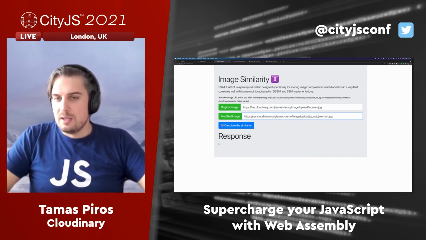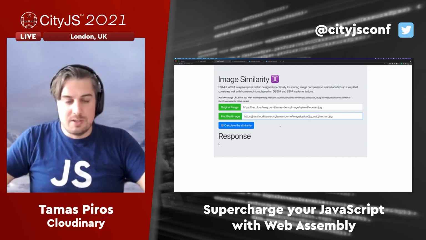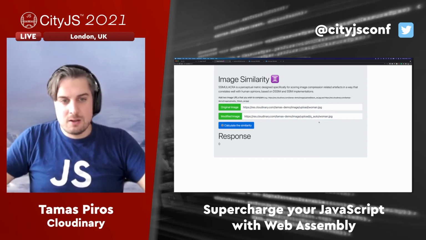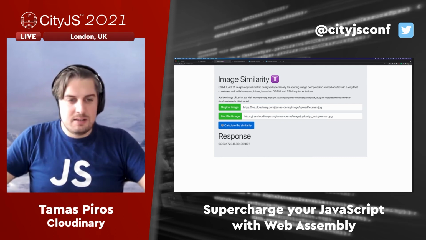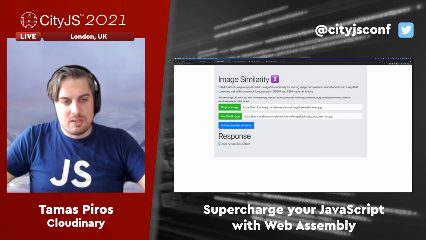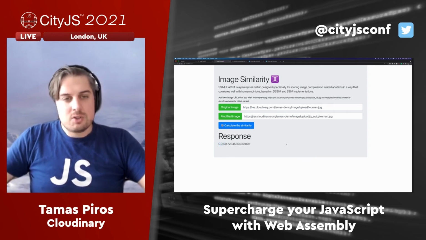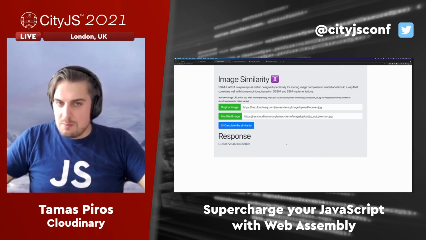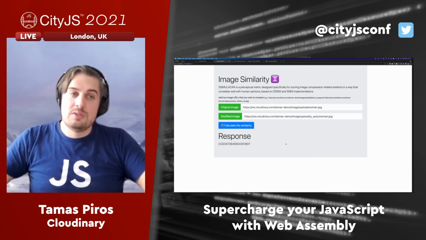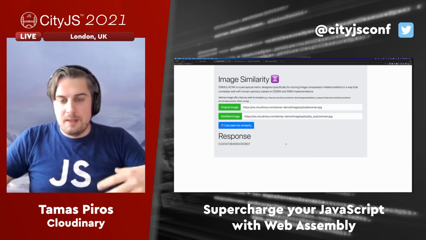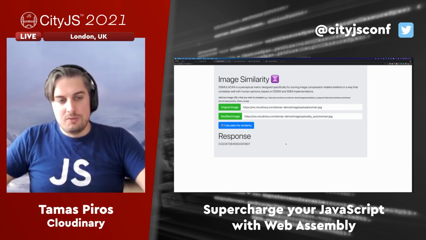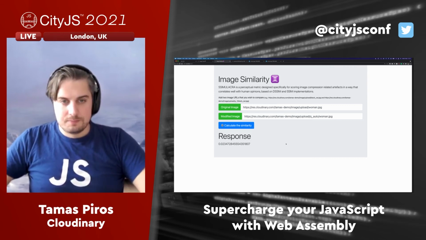So I was thinking, well, can I actually prove that using the Simulacra tool? And if I calculate the similarity using QAuto, notice that we are very close to 0. It's 0.023, which is giving us confidence that these two images are the same for the users who are going to take a look at that. However, using the other tool, we could verify that we did introduce a lot of kilobytes in terms of saving